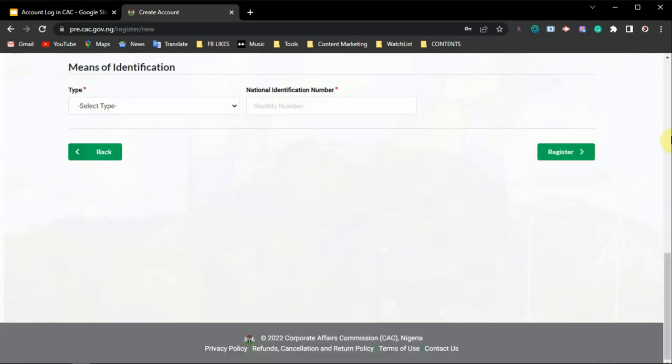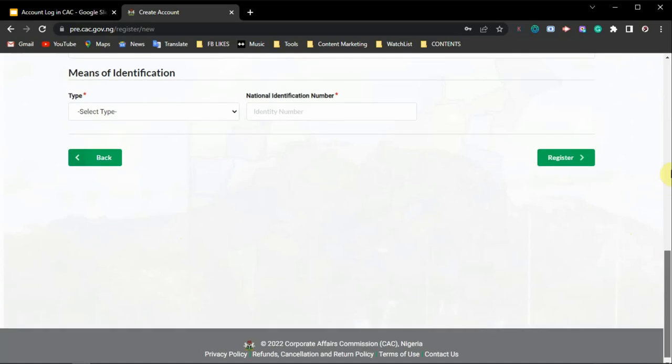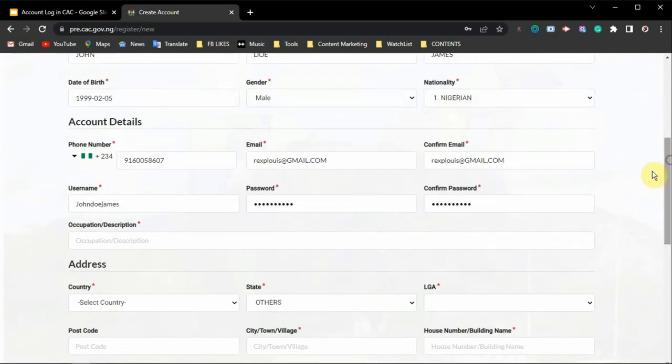Then occupation. This is another place you need to take note of. Your occupation, it doesn't matter whether you are a plumber, you're a teacher, or anything. As far as CAC registration is concerned, what you put in your occupation is businessman, all right? Or you put business. You enter any of those two. Businessman. So once you enter your occupation,